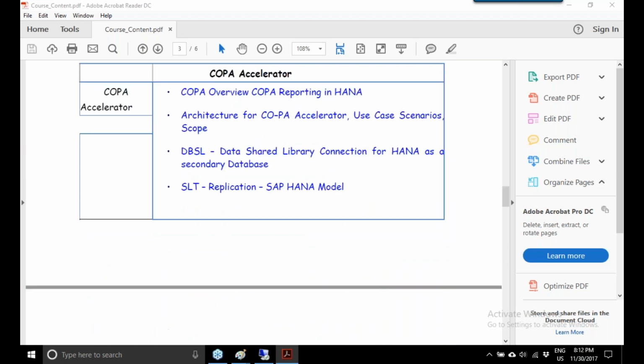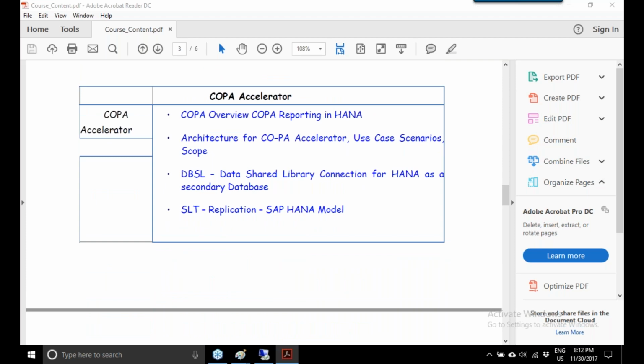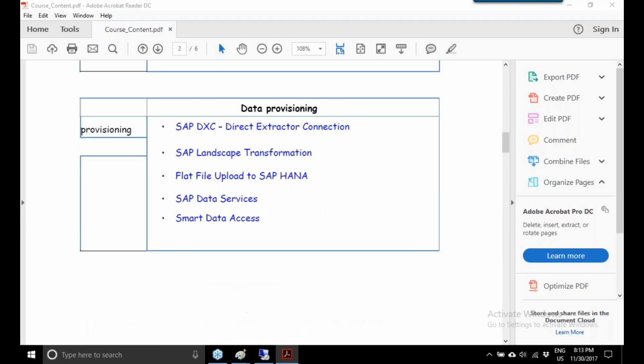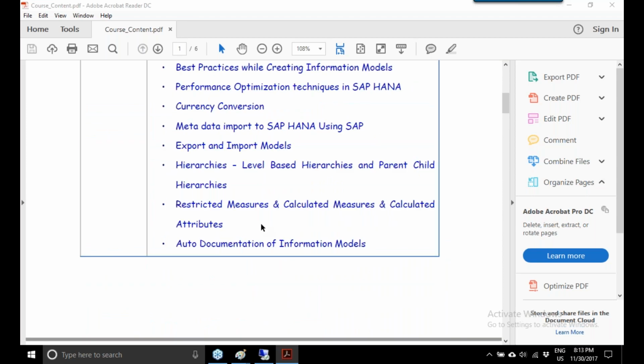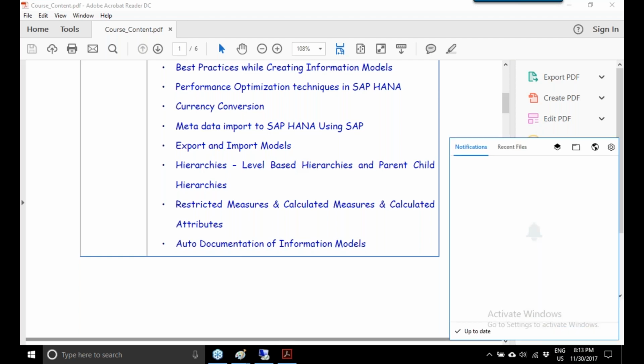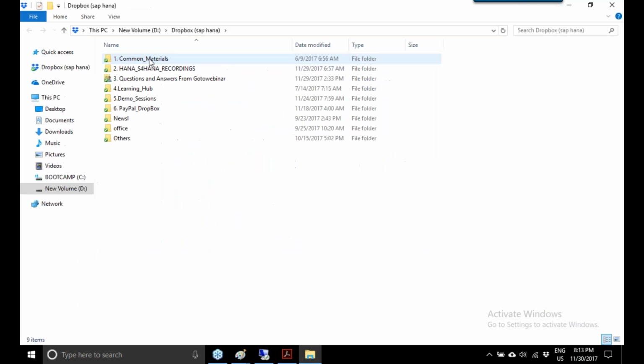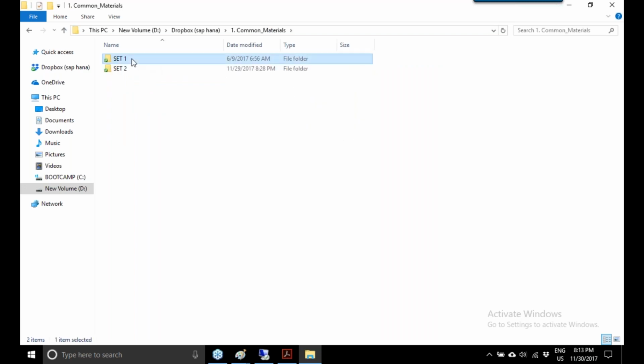It will take 70 to 80 hours to complete the entire course content. So this is mainly to be a HANA S4 HANA consultant. So to get certified and to get more than 80% in the certification, let me show you some of the materials. So what materials I'm going to share with the participants. Every day, whatever session I'm taking, these sessions are recorded and distributed to the participants after 15 minutes. And here you can find the common materials.